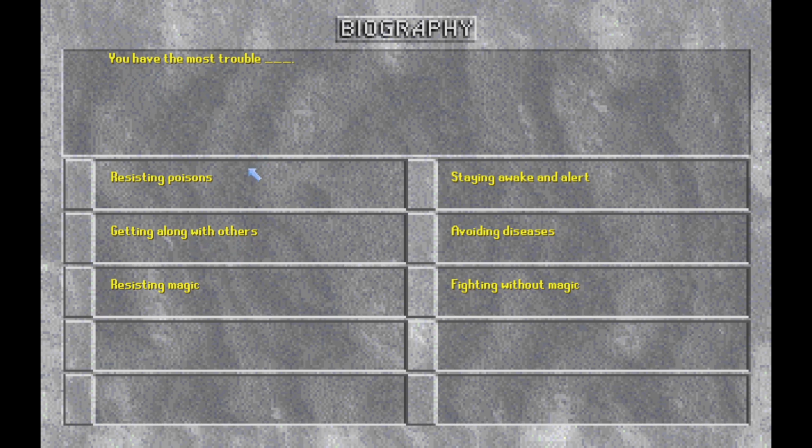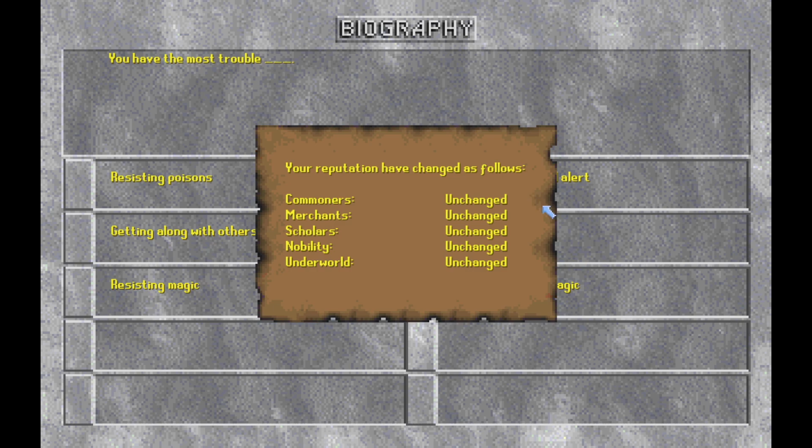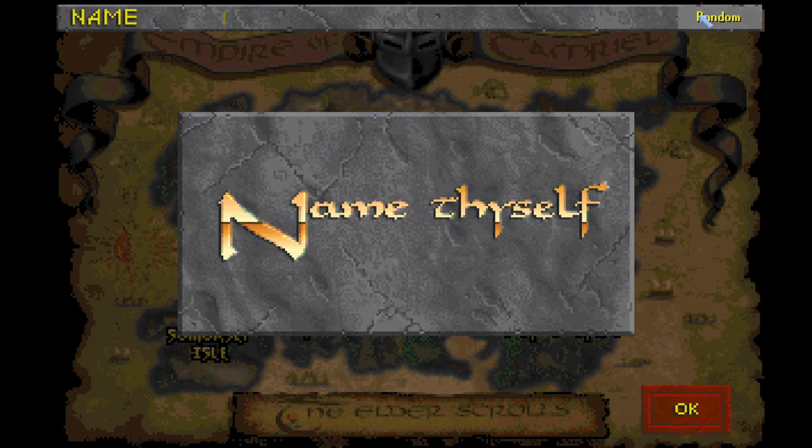You have the most trouble resisting poisons, staying awake and alert, getting along with others, avoiding disease, fighting without magic, resisting magic. Okay, nothing of this has any bearing on the character's. I'm just gonna go with staying awake and alert. So yeah, name thyself. Let's see if we can find a. I haven't even thought of this, so